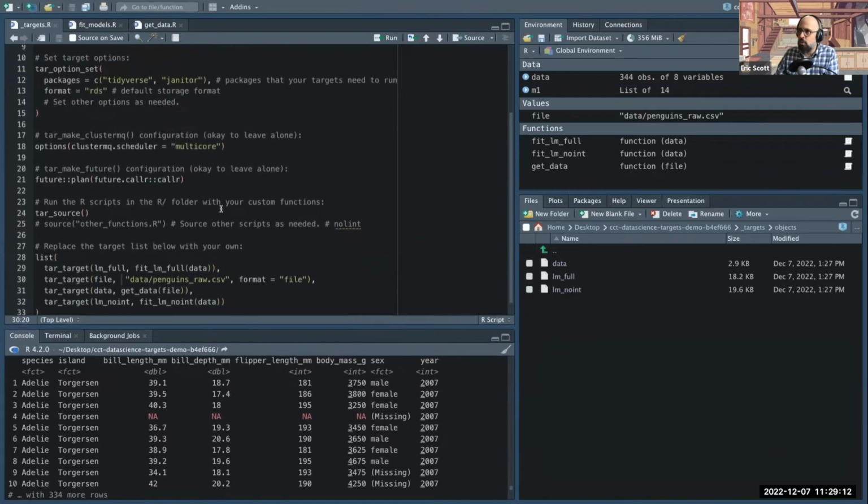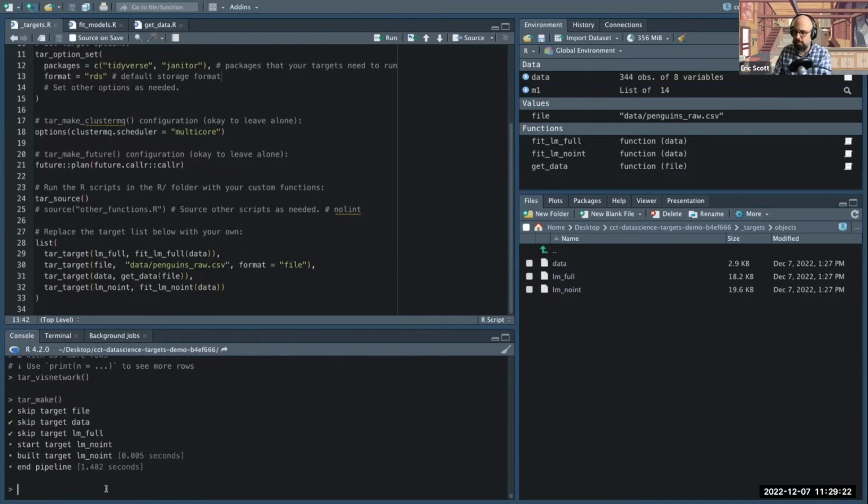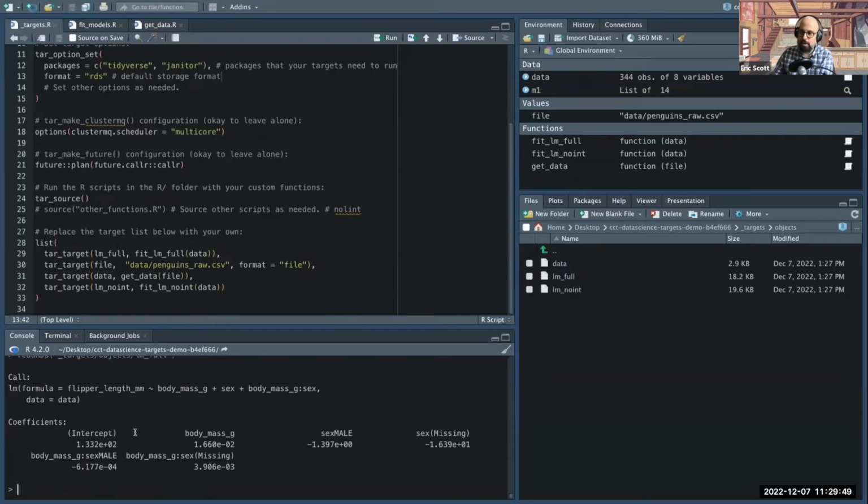And these are being stored as RDS files because we told it to do that up here as the default. An RDS file, if you're not familiar with it, is something you can use in R with the saveRDS function. You can save any R object out as a file using that. And so that's what it's using in the background. And in fact, we could readRDS _targets/objects/lm_full. We could do that and get it in if we wanted to,